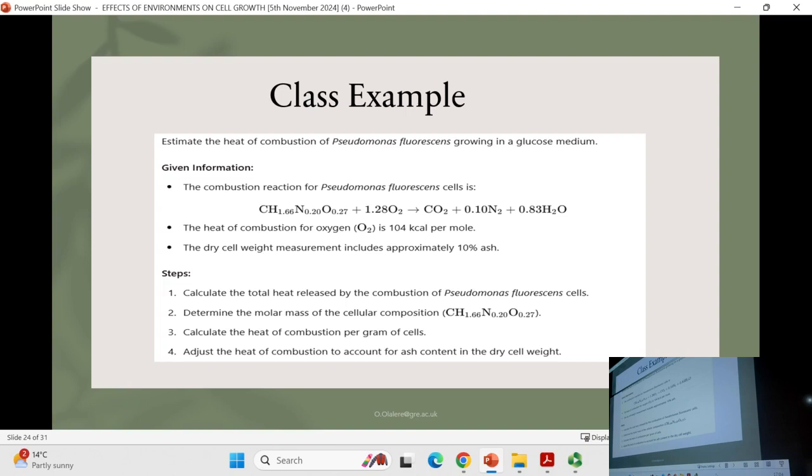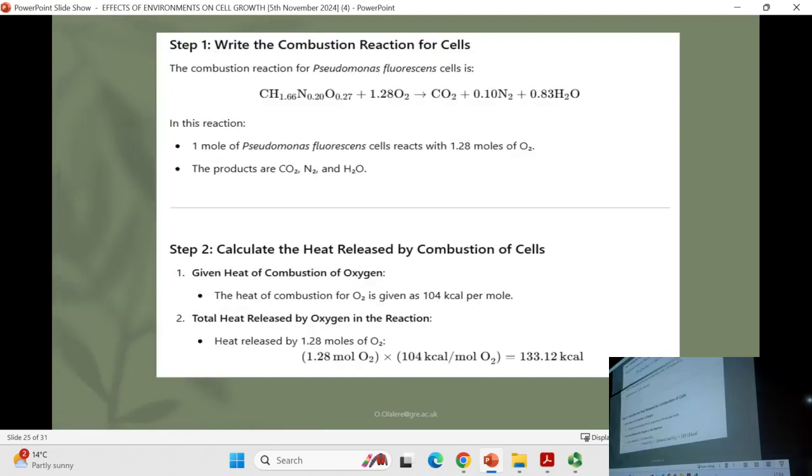So determine the molar mass of the cellular combustion. So we have to determine the molar mass of this. Then calculate the heat of combustion per gram of cell. And lastly, adjust the heat of combustion to account for ash content in dry cell weight. Let's look at the solution. So the first step,